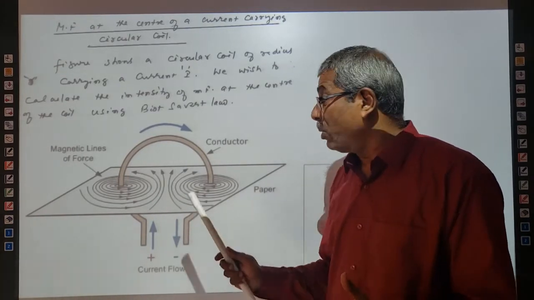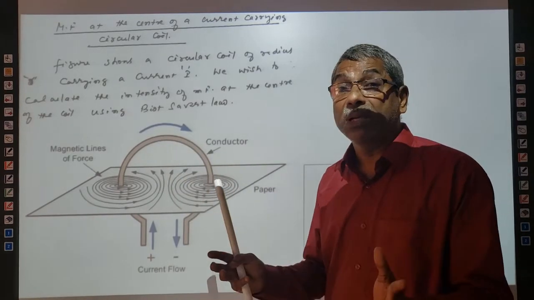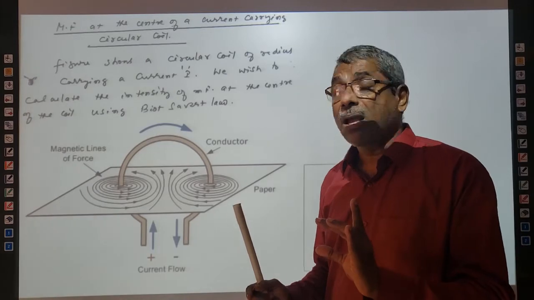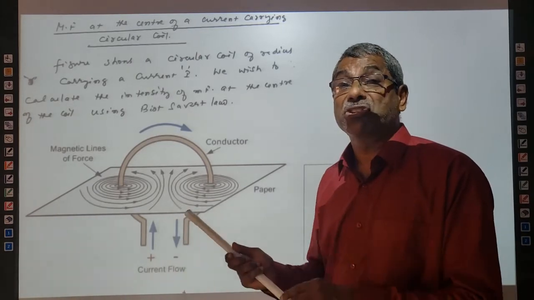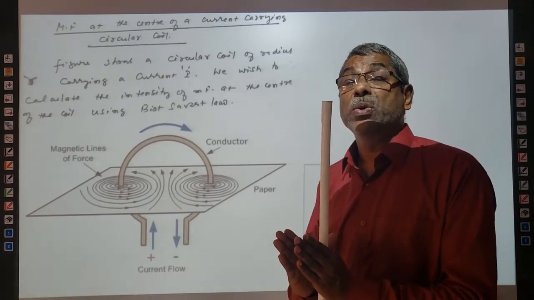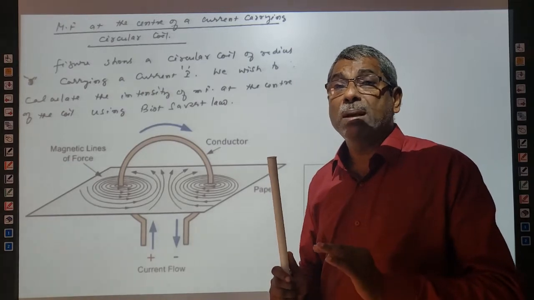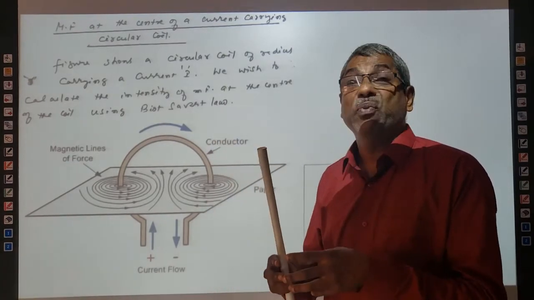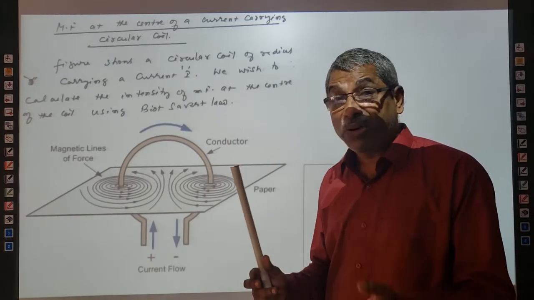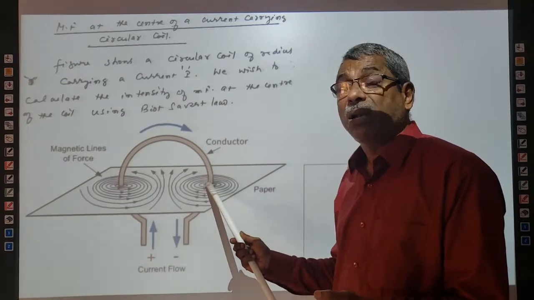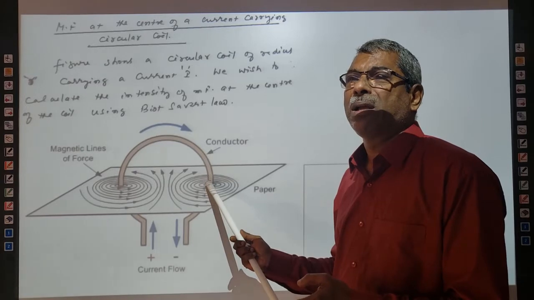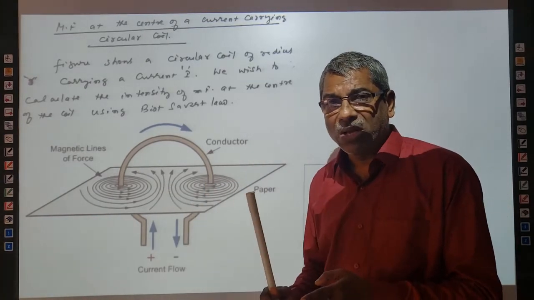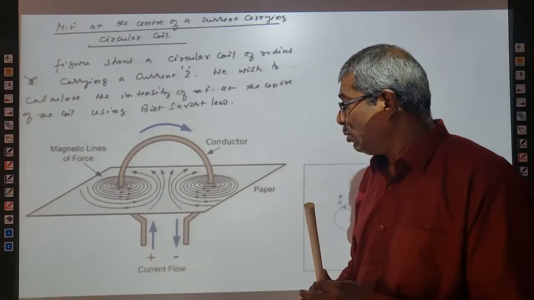Why uniform? Because the circle becomes quite big in size. A small part of the circle is a straight line, and all are directed in the same direction, and all are parallel, equidistant lines, which shows the magnetic field intensity is uniform. Why strong? Because every point of the current carrying conductor gives a magnetic field direction at the center. So it is very strong and also uniform.